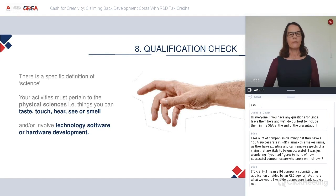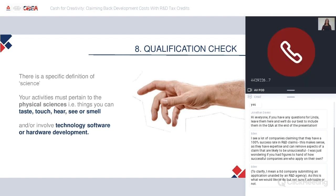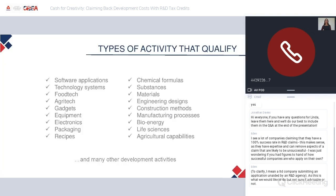So your development activities must pertain to the physical sciences, things that you can taste, touch, hear, see, or smell, or involve the development of technology, software, or hardware. So it doesn't apply to social sciences, it doesn't apply to economics, pure mathematics, or the arts. It's got to be development projects in the physical sciences world. I'm going to run through a whole list of the type of activity that qualifies, hopefully to give you a